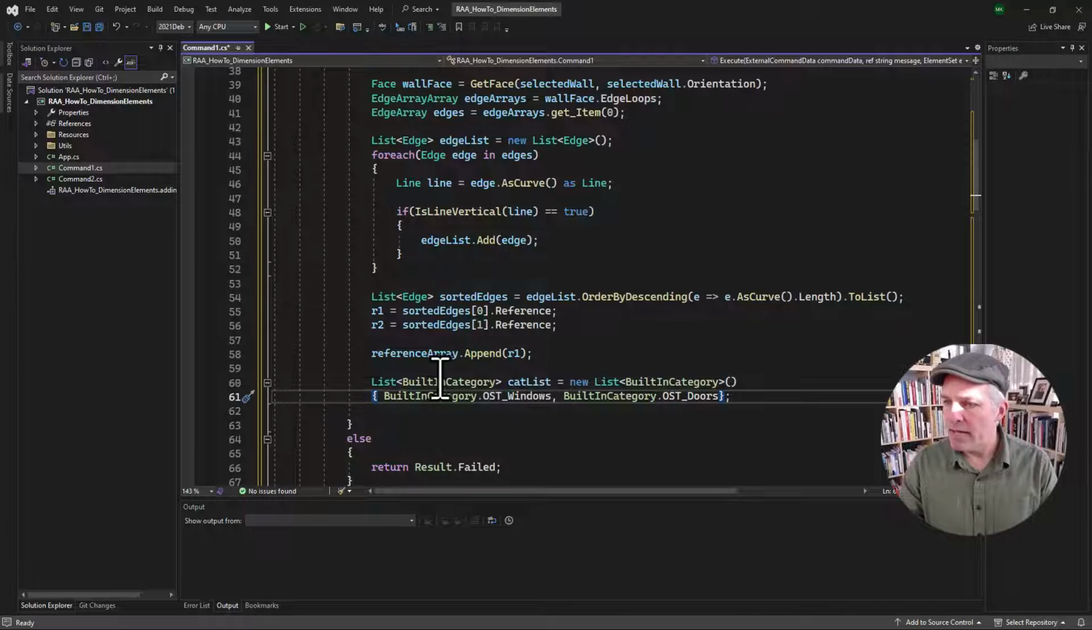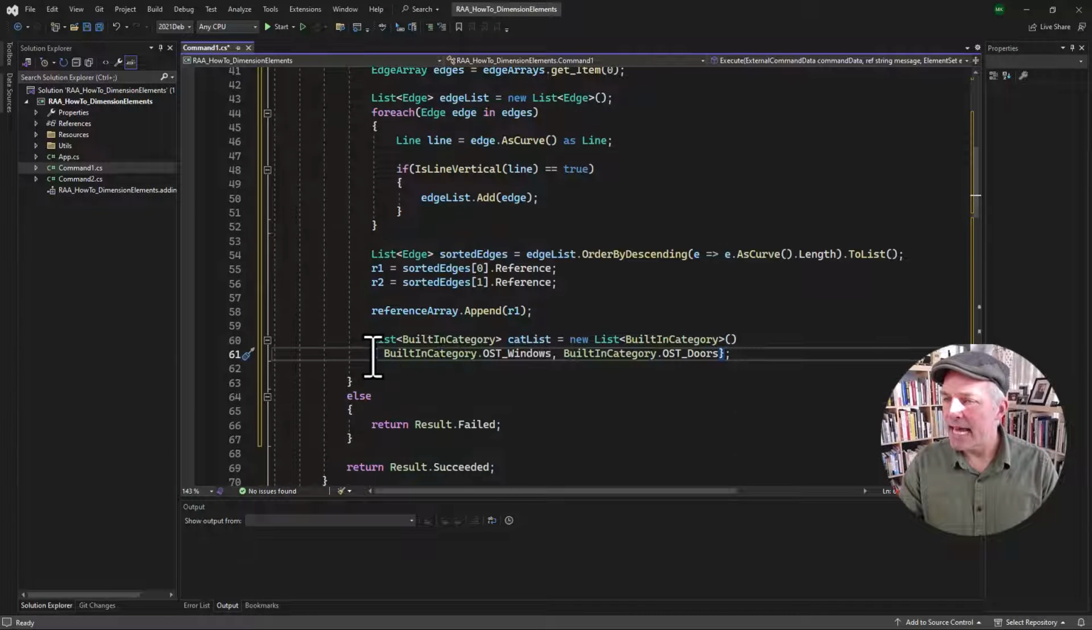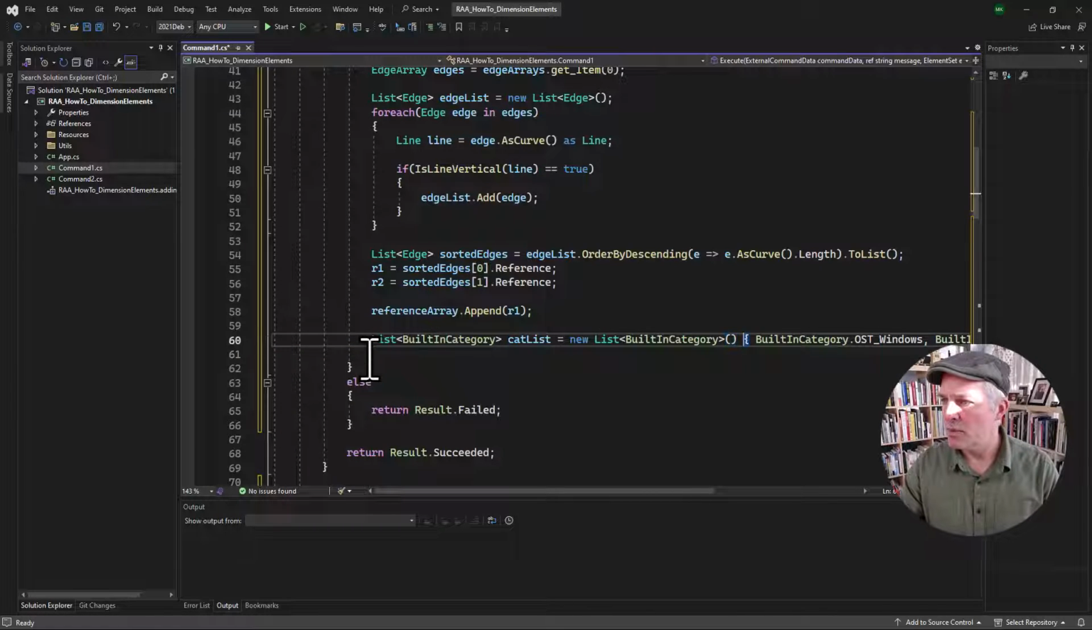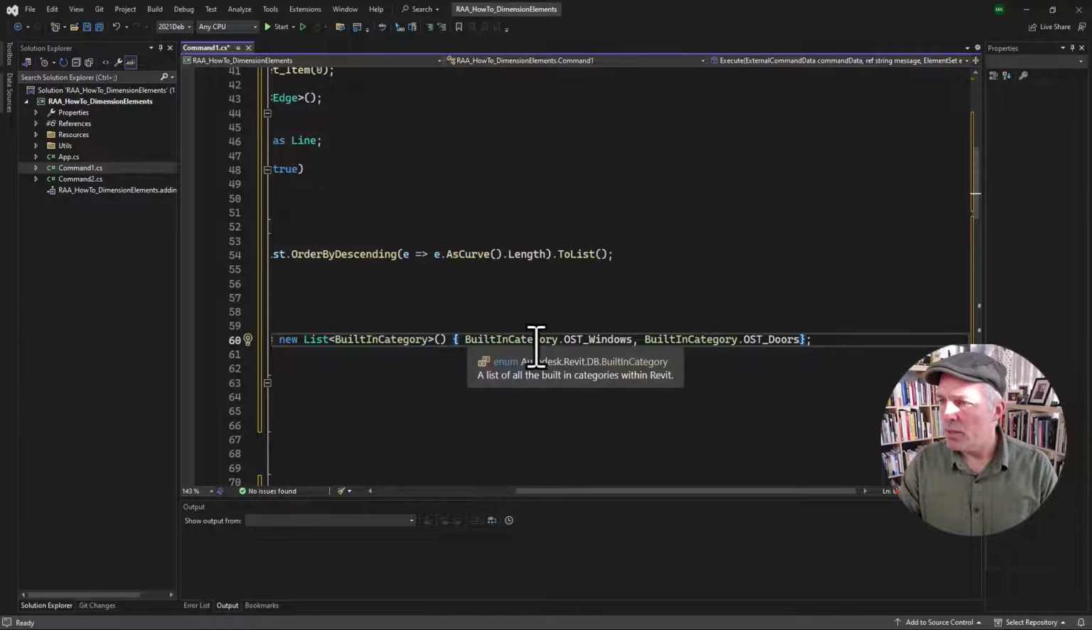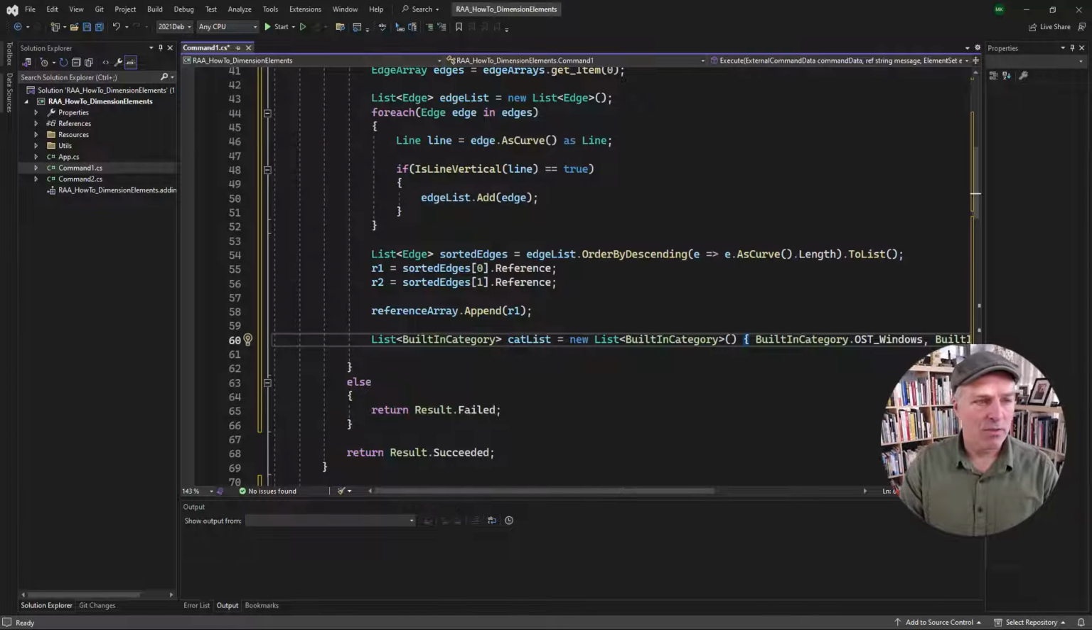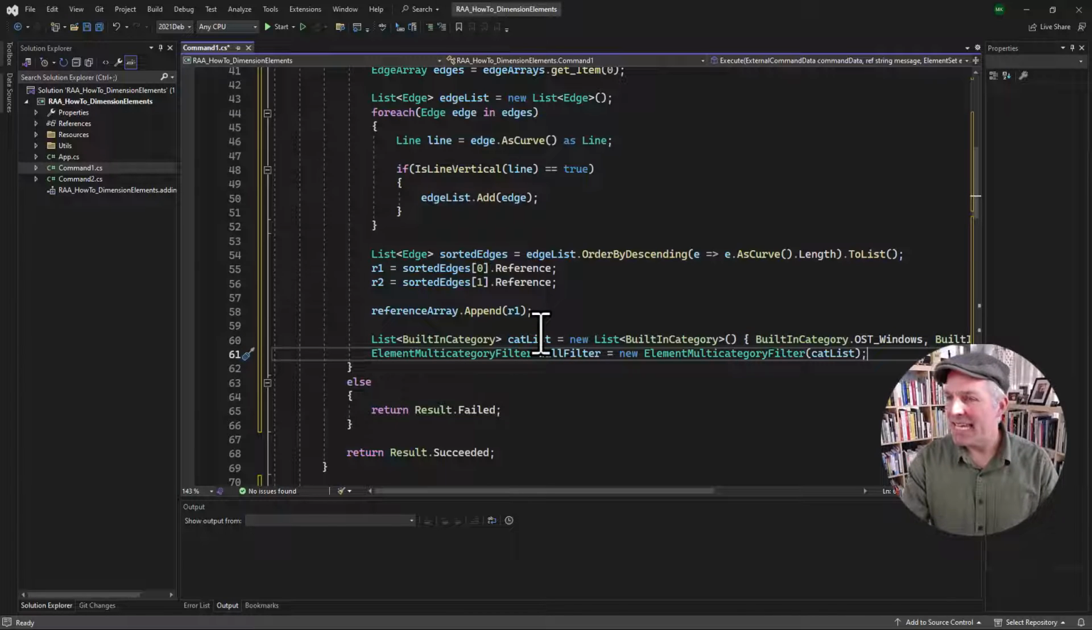So I have a list of built-in categories called cat list, and inside of that I can put these on the same line. I broke them into two lines, but let's put them up here so we can see it. So we've created the instance of the list, and then I've added our built-in category windows and doors. So we're going to use that as our filter. And with that list, we're going to create an element multiple category filter. It's a mouthful. So this filter, we're going to call it wall filter, and it's going to contain those two